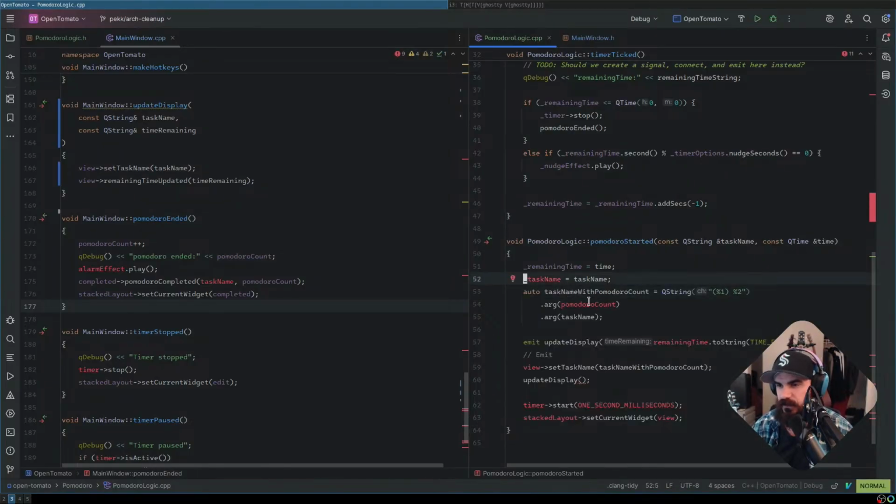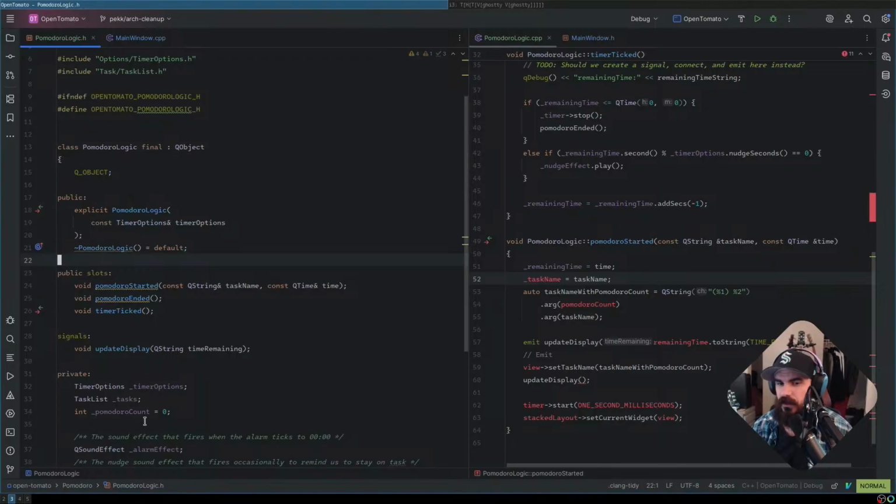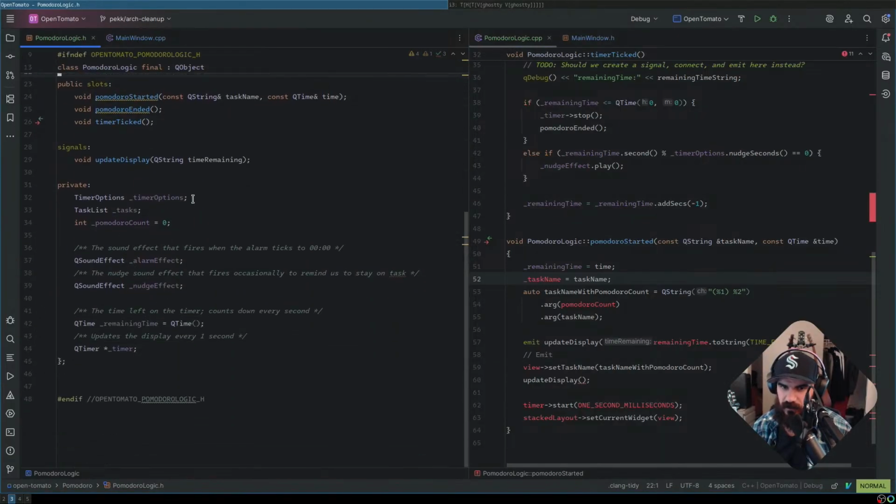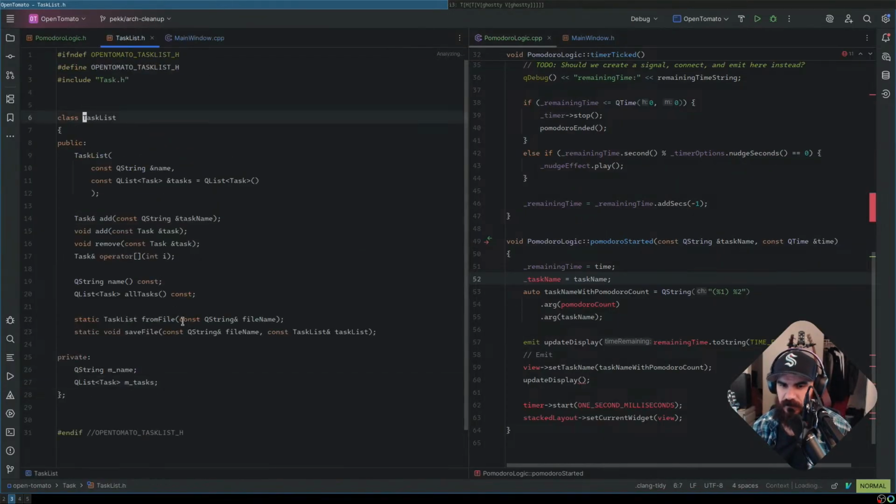Oh, that's interesting. Again, I'm just going to make it a drop-in replacement for now. Wait, what does my task list have? Is there a current task in here?